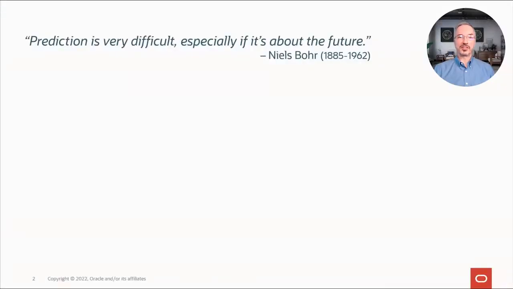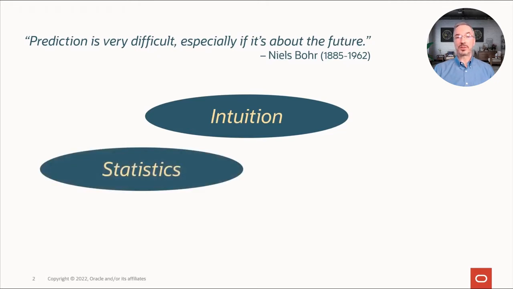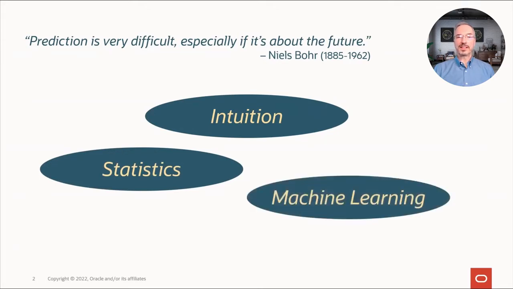Many have commented on the challenges of prediction, whether regarding world dynamics, sporting events, or the stock market. When it comes to predicting what will happen, we typically draw on three approaches. Intuition, a go-with-your-gut approach to decision-making, where individual biases can cloud or at least influence predictions. Then there are statistics, where we gain evidence to support a conclusion. And then there's machine learning, where we use advanced algorithms to understand patterns in past data, make predictions, and glean